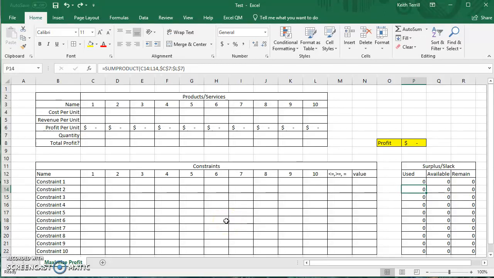And we are back with our template. There's a few things that we're going to want to do with this before we start going crazy with Solver, which will happen in the next video. But recognizing that 10 variables and 10 constraints is probably overkill for pretty much any situation that you're going to use Solver for, I wanted to show you how you can cut down on your space and still have a